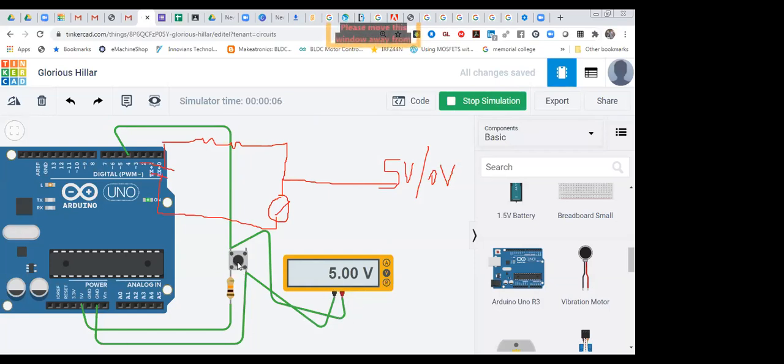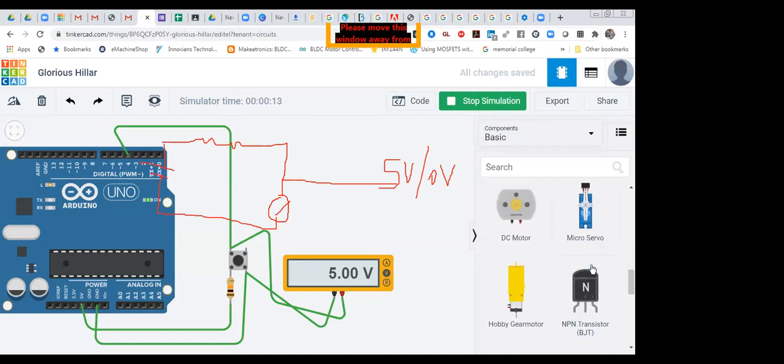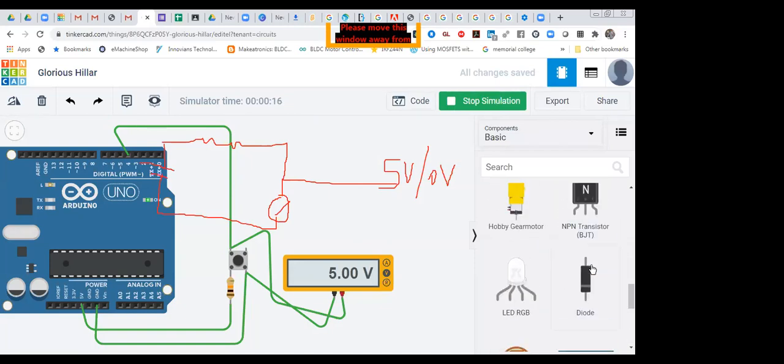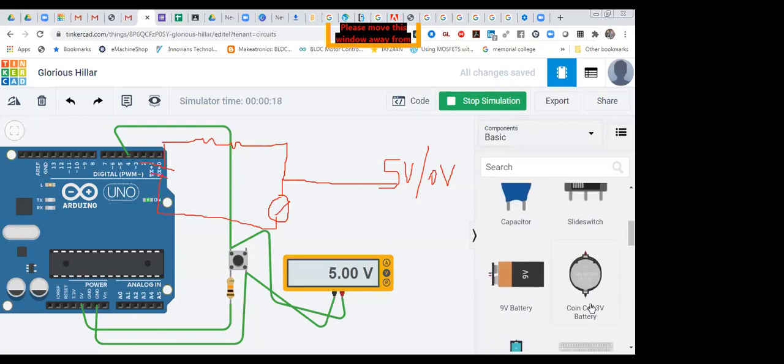As you press it, you are getting 0 volt, because we have supplied 5 volt over here. Earlier we supplied 3 volt with that coin battery, whose voltage rating is 3 volt. Now we are getting 5 volt by default. As I press it, we are getting 0. That is the pull up resistor we have used over here.